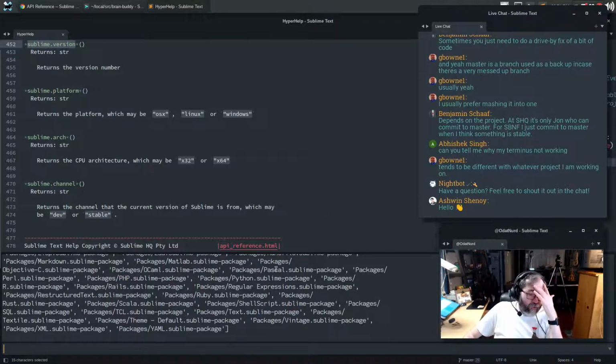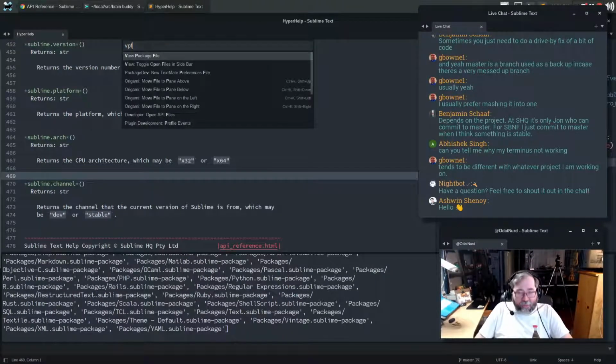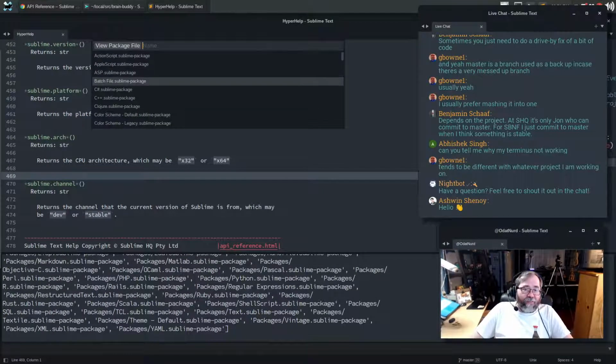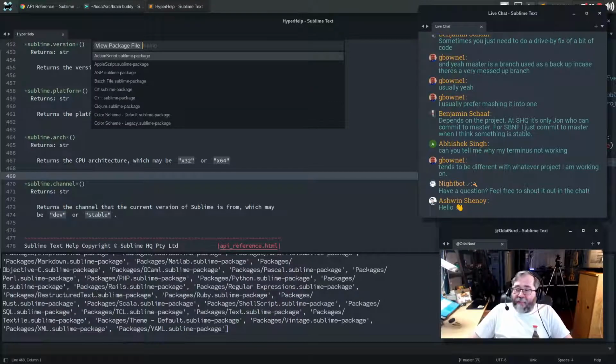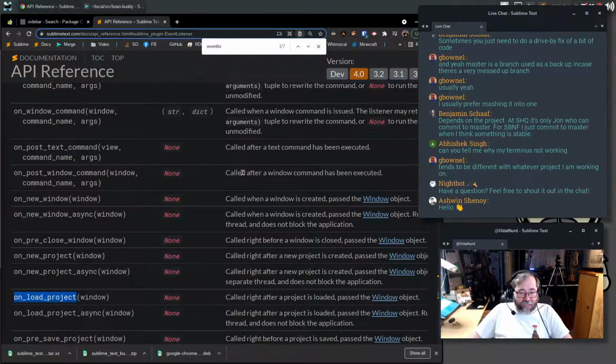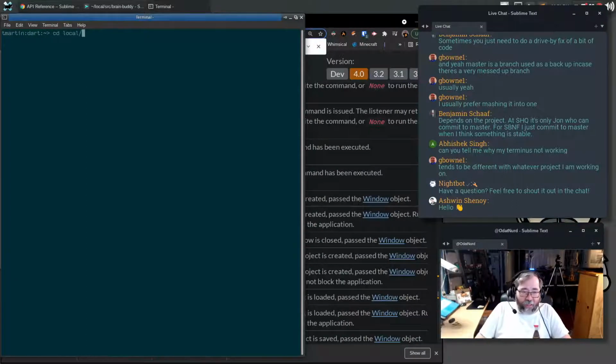So we know build 4120 has a weird problem. This can also be seen if you do this. You can see all of these Sublime package files in the catalog. They're not supposed to be inside of the catalog. So let's do this. Let's see, 4112. Let's pick that as a number.